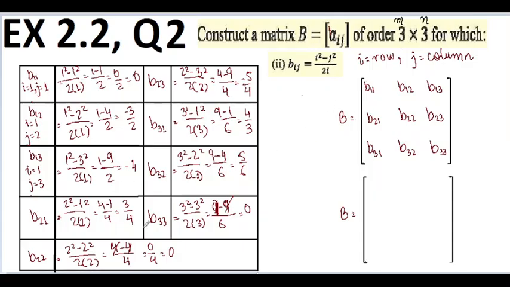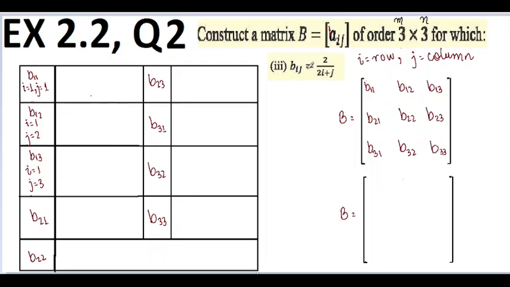So now we are going to put all of these values over here in the matrix. So the first term is 0, the second is minus 3 by 2, the third one is minus 4, the fourth one is 3 by 4, the fifth one is 0, the sixth one is minus 5 by 4, the seventh is 4 by 3. I'm writing it from here, okay. Now the next is 5 by 6 and the last term is 0. So this is your matrix for part number 2. Now moving towards the next part, number 3.